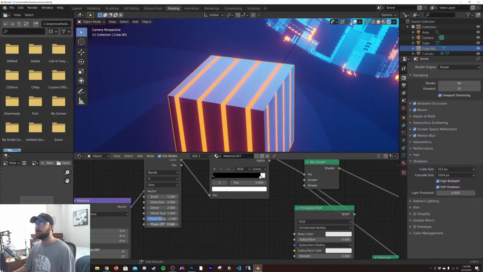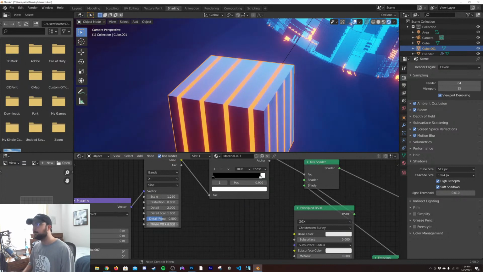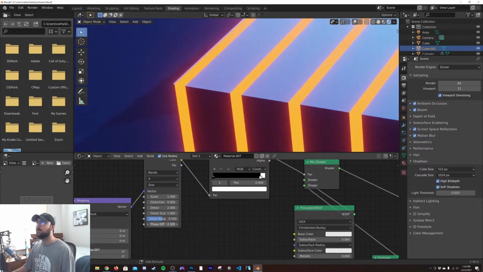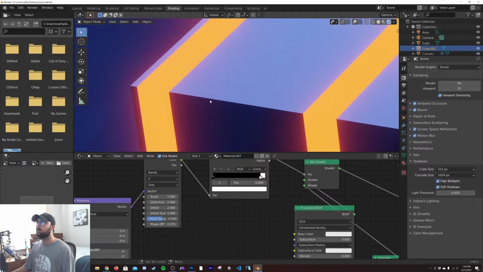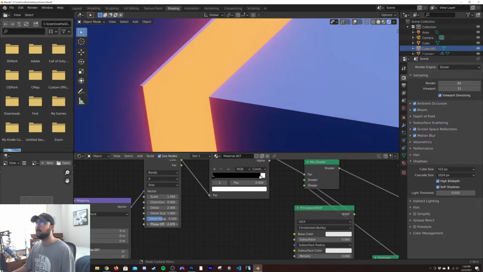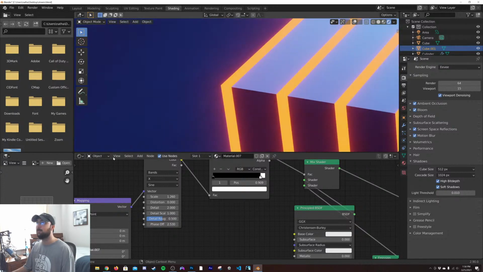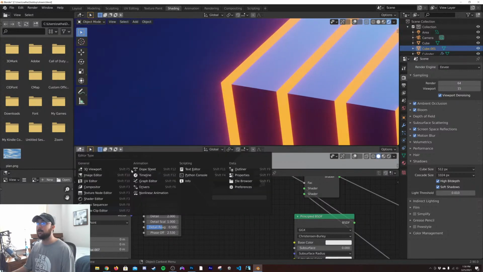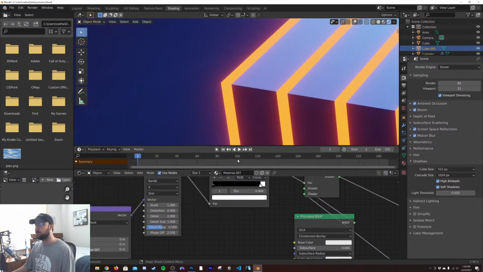Okay, so what we're going to do is play with this phase offset, and I want to loop that. So I want to start the phase right when this object here is at the edge of our cube, right there. So I'm going to go ahead and keep it at the default amount of frames because I like 250.